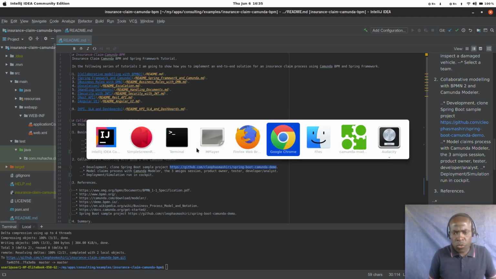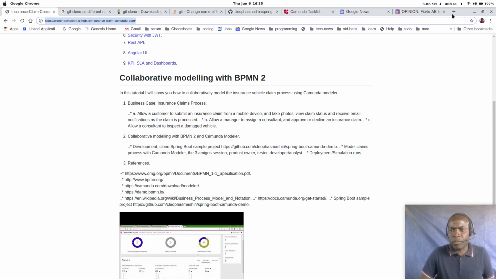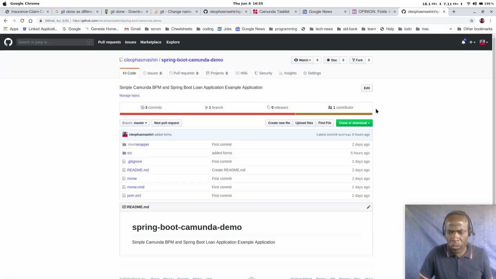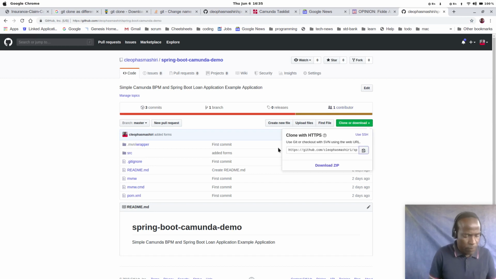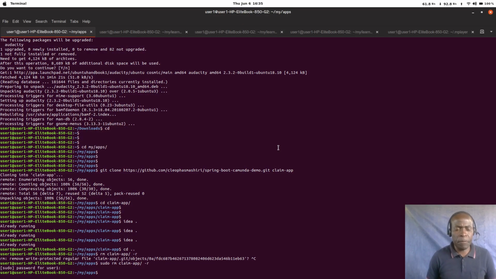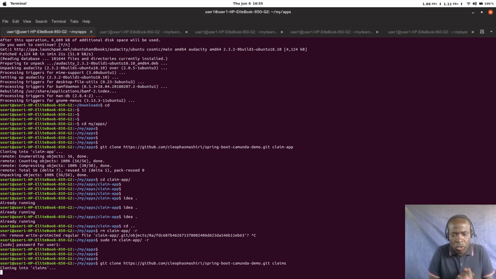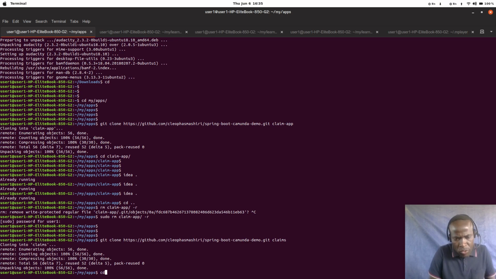So if you can just go to the browser, because it's opening. So if you can just clone this repo. Going to the terminal, so if we can just git clone these claims. So if you run that, it's cloning that claims. So if you can just go into claims,